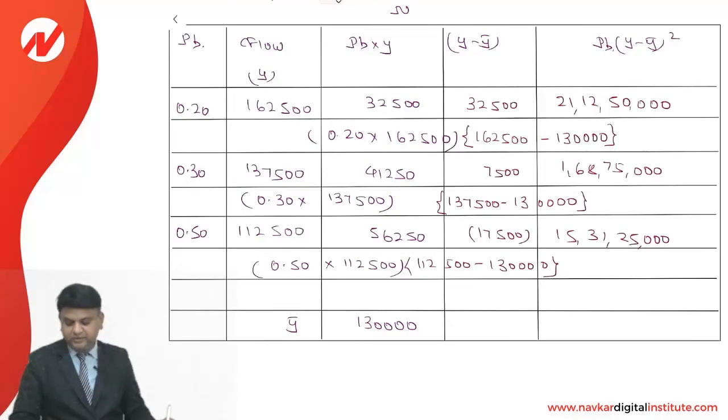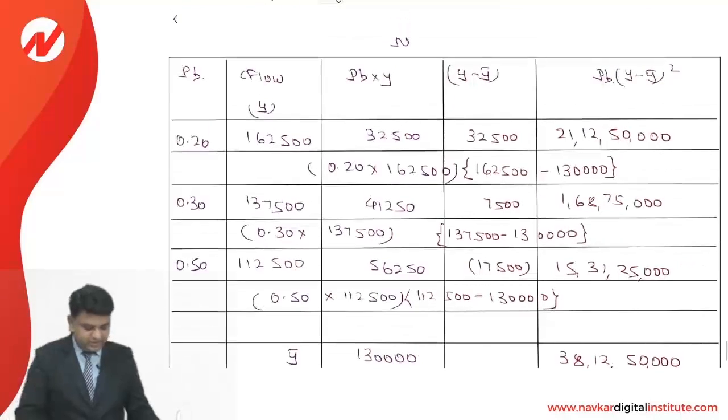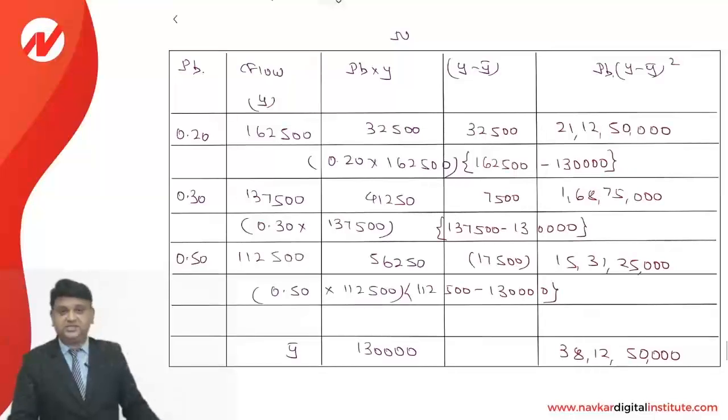So the total of all of them is 38 crore 12 lakhs 50,000. This is the way we are required to make the computation of the variance, and then we can compute